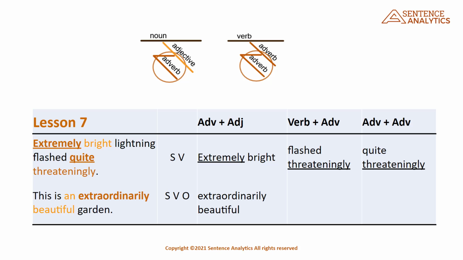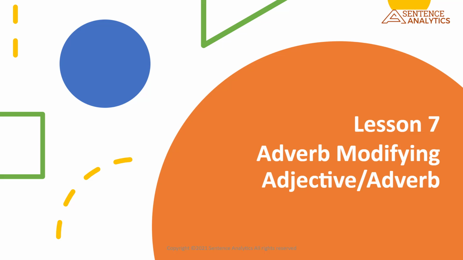The first one is, extremely bright lightning flashed quite threateningly. That is a horrible sentence. Don't ever write sentences like that. Way too many modifiers. Anyway, in spite of the excess of words, this is a simple subject-verb sentence. Lightning flashed. The subject, lightning, is described by the adjective bright, which